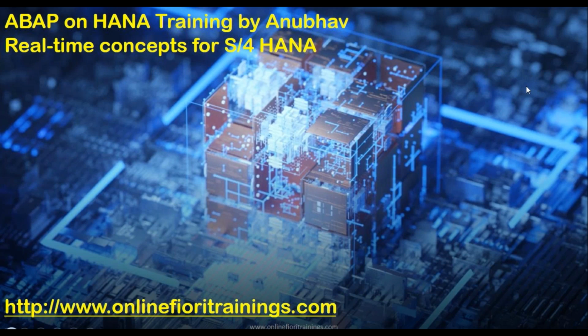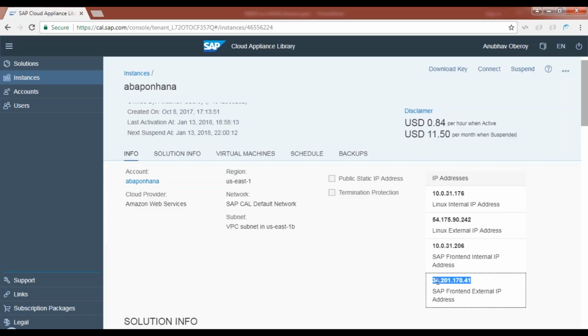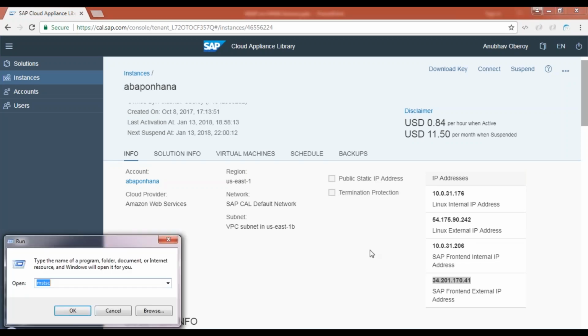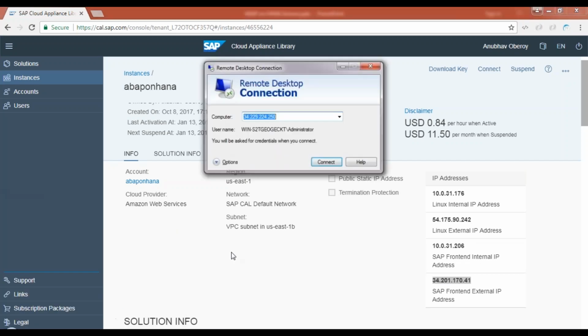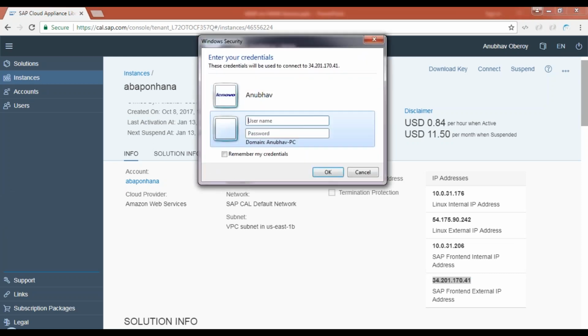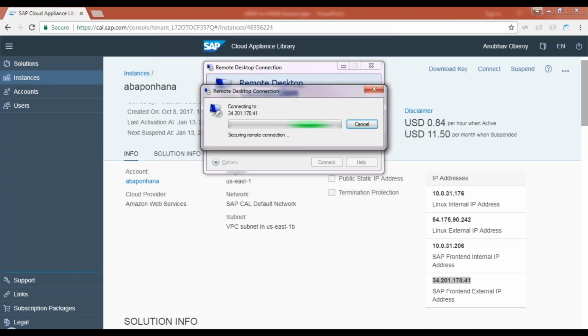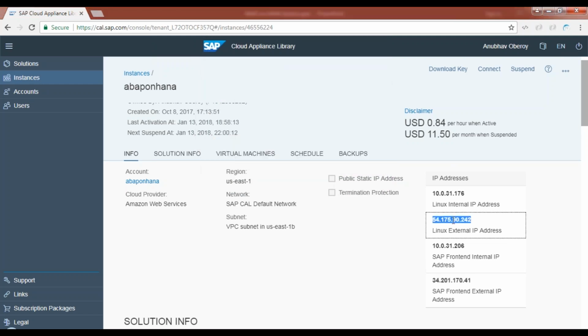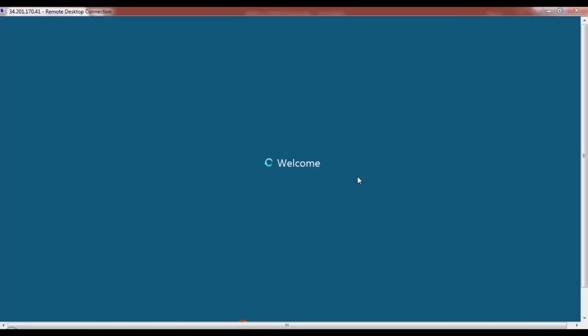So let's get started. I'll share my screen, and let me first quickly connect to our gateway, our remote system, so that I can change the IP address in our CAL machine, so that it can also connect well to our Web IDE, which we had set up so far. Let me go to my CAL server, to the remote connection, and in that we will launch the cloud connector and update this Linux external IP address of our gateway server, of our SAP front-end server, or